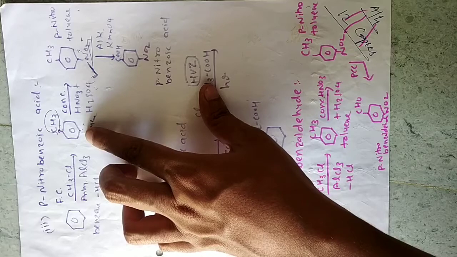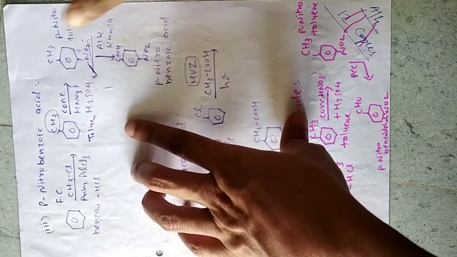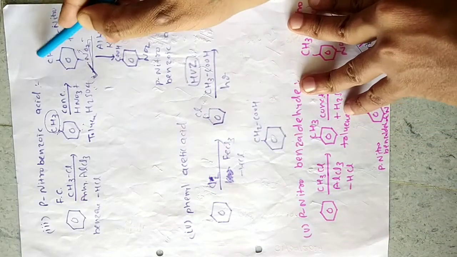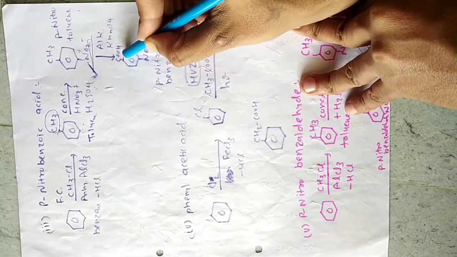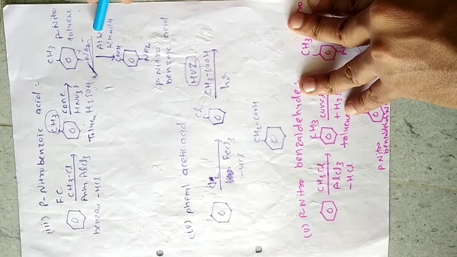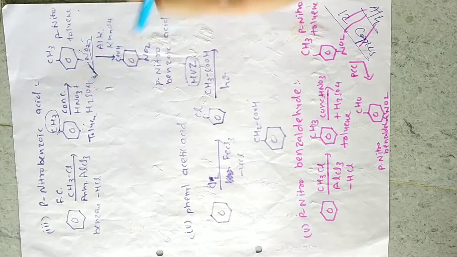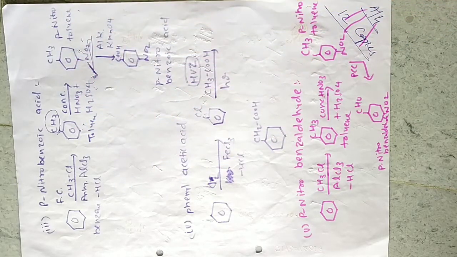I'll get another product, but I don't need that now, that's why it is not here. The next one is, you can say this one is CH3. What I want there is COOH. So CH3 to COOH is an oxidation process, alkaline KMnO4. So by changing the order of the processes, I can change the position of the functional group here.